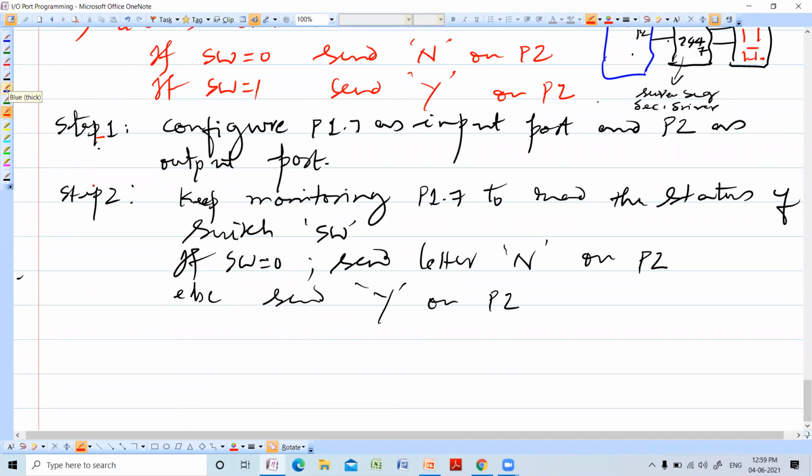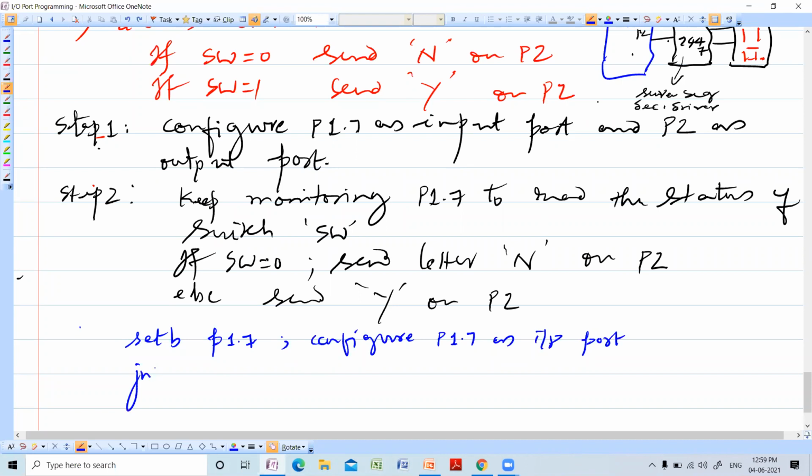So now let us write the program. First step is configure P1.7 as input. So SETB P1.7. Configure P1.7 as input port. Then JNB P1.7 here.